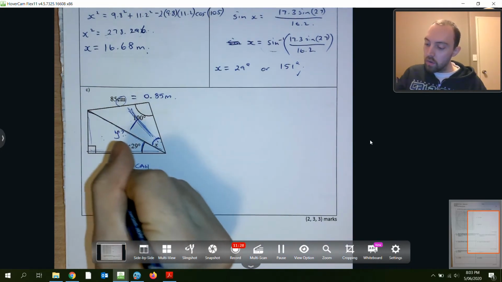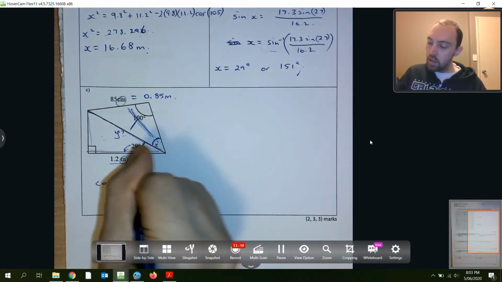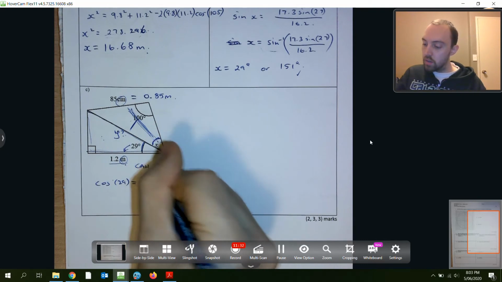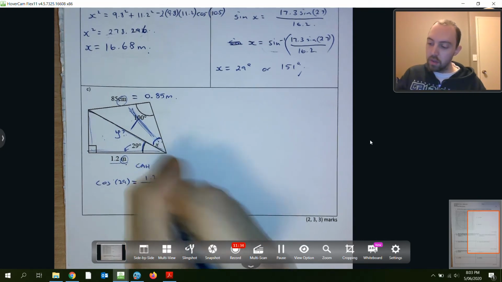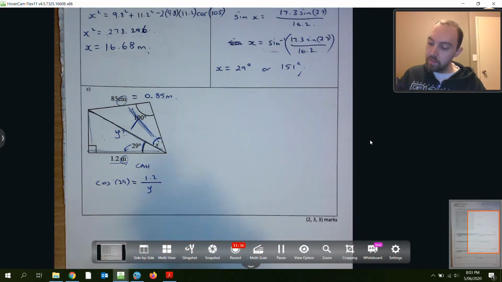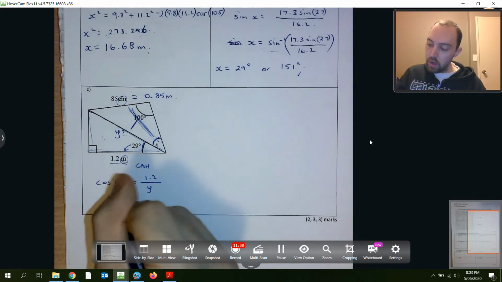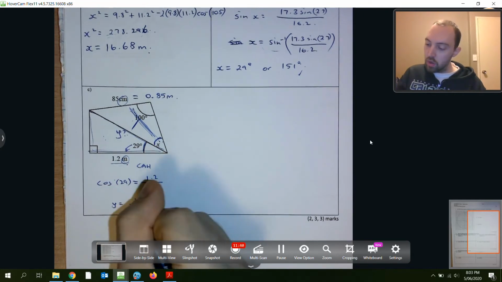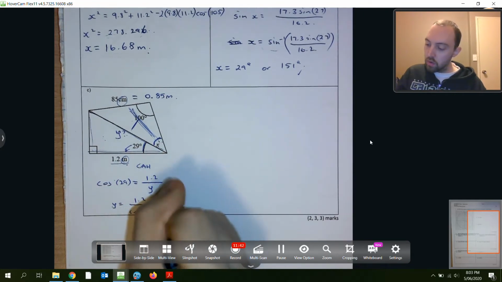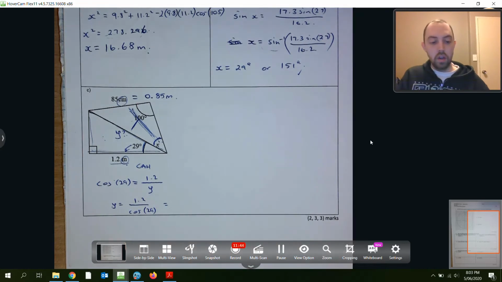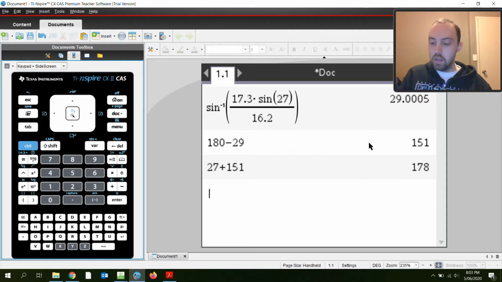Cos of 29 is equal to adjacent over hypotenuse, so y is equal to 1.2 cos of 29. I can work this out right now,